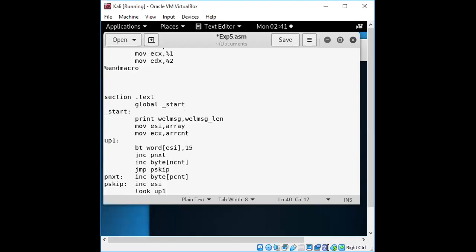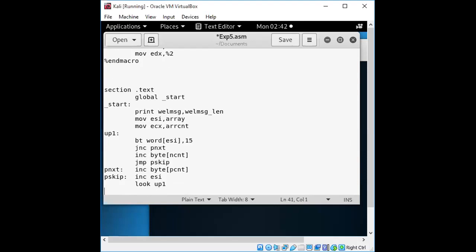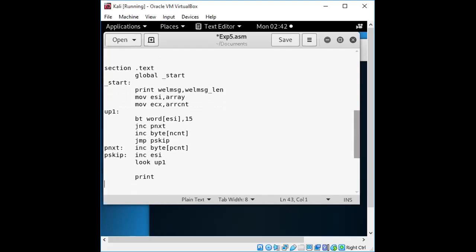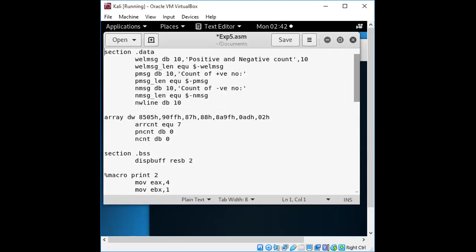So in this loop, it will be identified whether it gets a new number, whether it is positive or negative, and depending on that we need to increment the count. Okay, and it goes to that section. Okay, after performing that, now how it will be doing that we'll see. After performing, okay, so this is the one loop which has ended. We need to display the message whether it is positive or negative. So if it is a positive count, we'll get the p message. I think we will display that in the form of p message only, right?